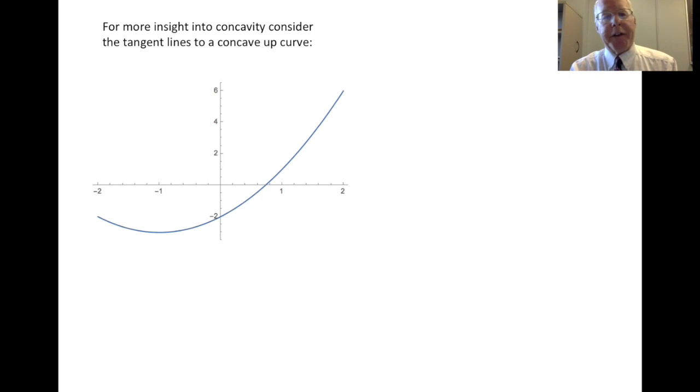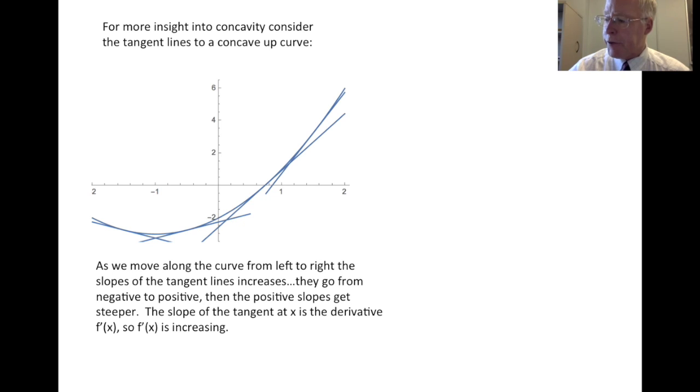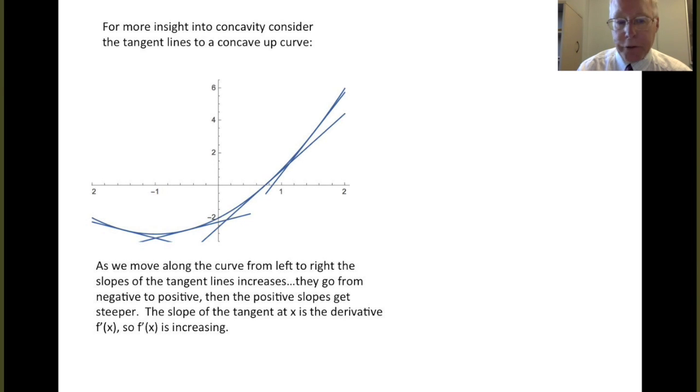Now, for more insight into concavity, we can consider the tangent lines to a graph. So here's a concave up graph, one that we saw on the previous page. We're going to draw in a few tangent lines. So there they are. We've drawn in 4 tangent lines to this graph, and we see that as we move from left to right along the graph,